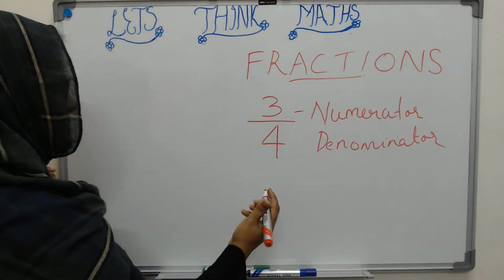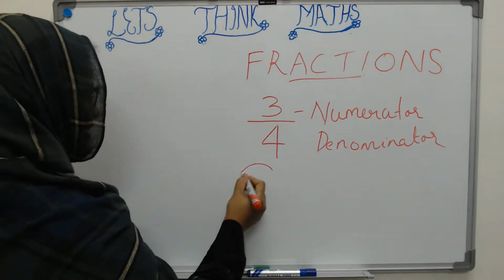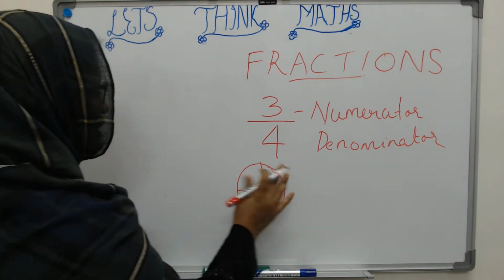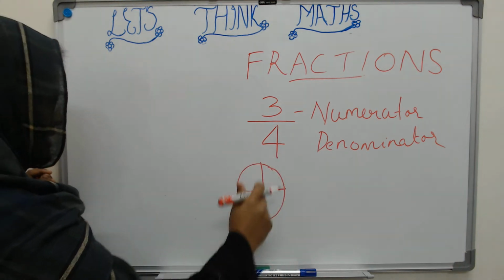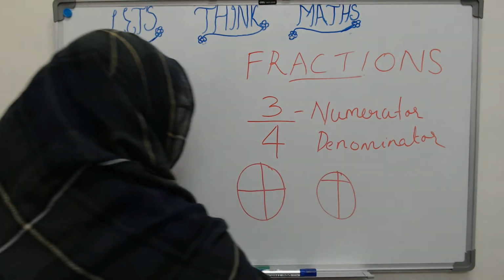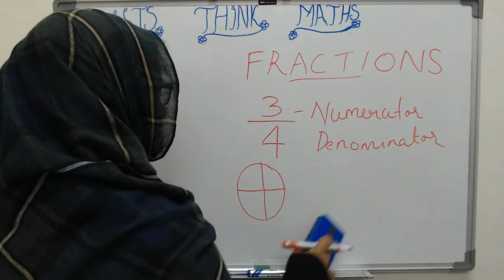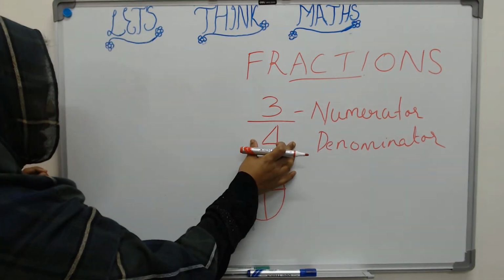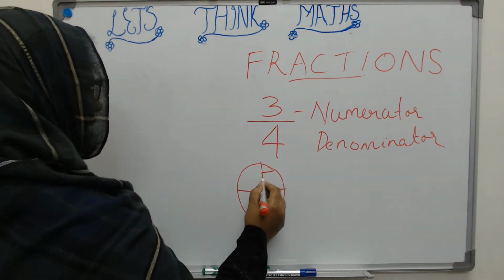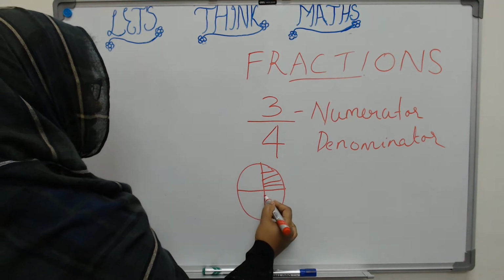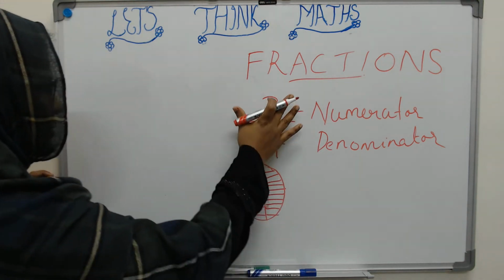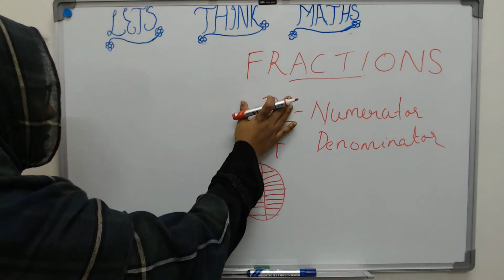What this actually means is that suppose I have a cake. I make 4 equal divisions of it. When you make the division, be careful that it is equal. This would not be right. So please make sure that the divisions are equal. So I make 4 divisions. Look at the denominator. I make 4 divisions and take 1 out of 4, 2 out of 4, 3 out of 4. Now this is the pictorial depiction of 3 by 4.